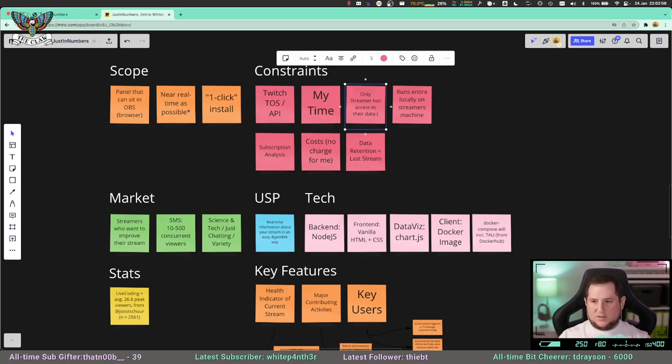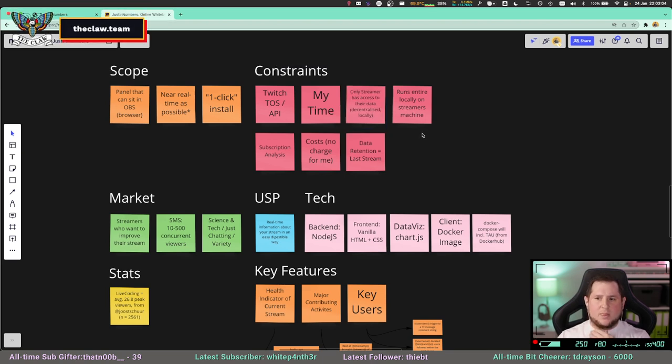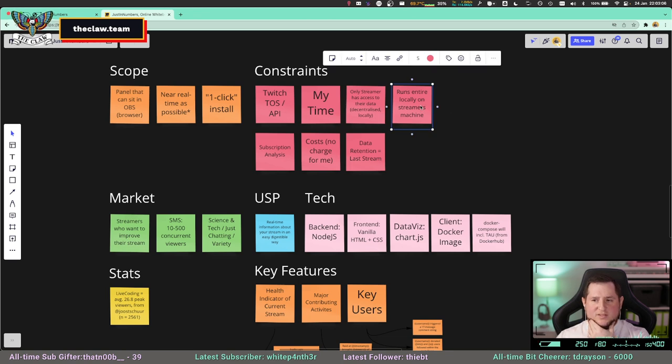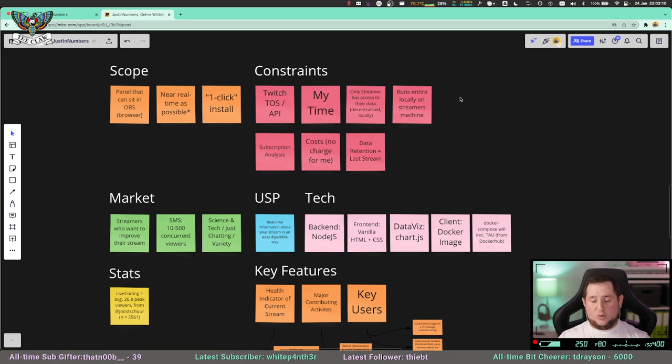So I want it to be stored decentralized locally. Runs entirely locally on streamer's machine. This is no longer the case. This is no longer viable. My initial plan was to actually have this entire product run locally on a streamer's machine. However, that isn't viable, because it's too difficult to get people to install an app